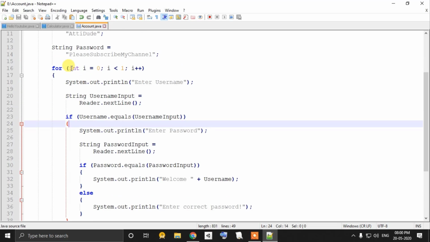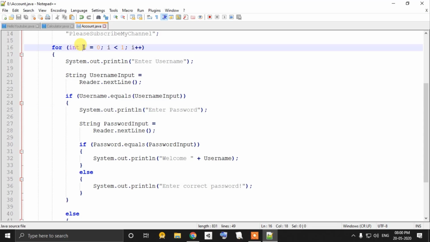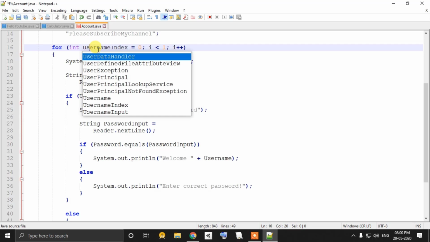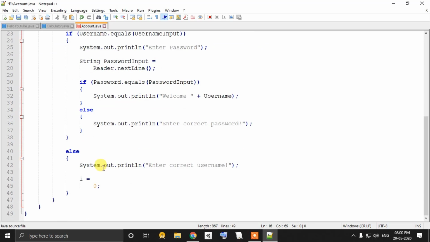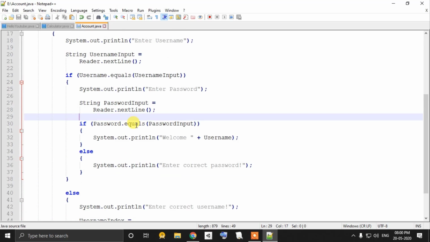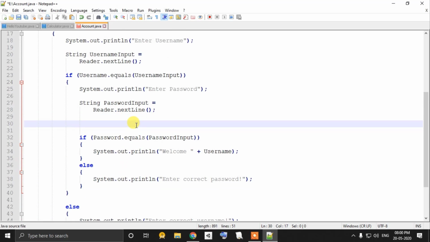So I'm going to name this as usernameIndex. Copy this. Actually, yes, it should be small. Copy this. Paste this here, even here. Okay. And now we need to create another loop